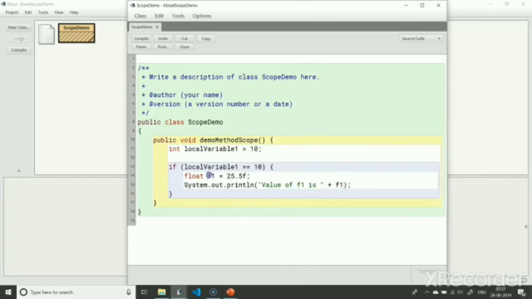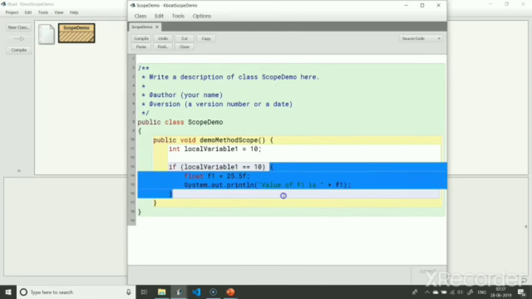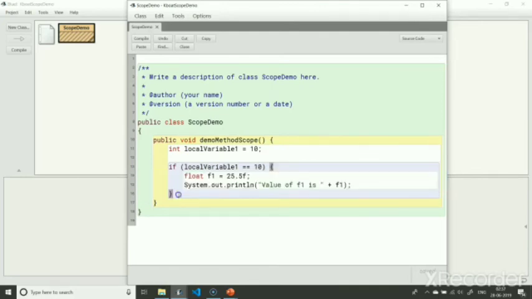This variable f1 is only accessible within this set of curly braces. Outside this block, f1 doesn't exist. Let me prove this to you by trying to print f1 after this code block.